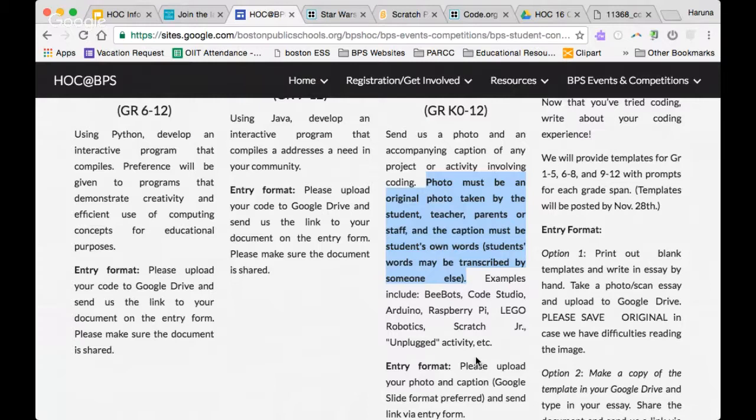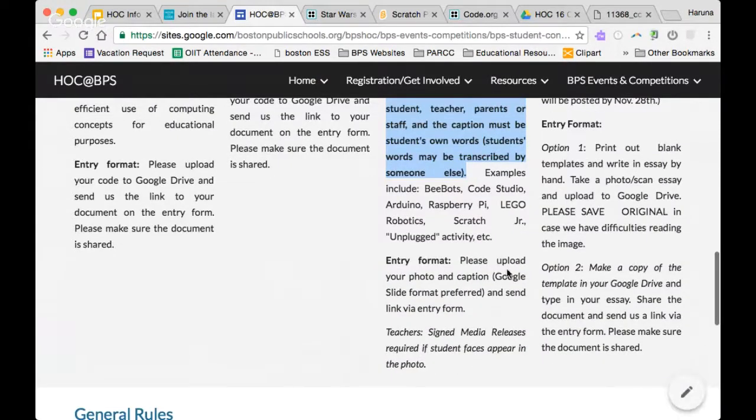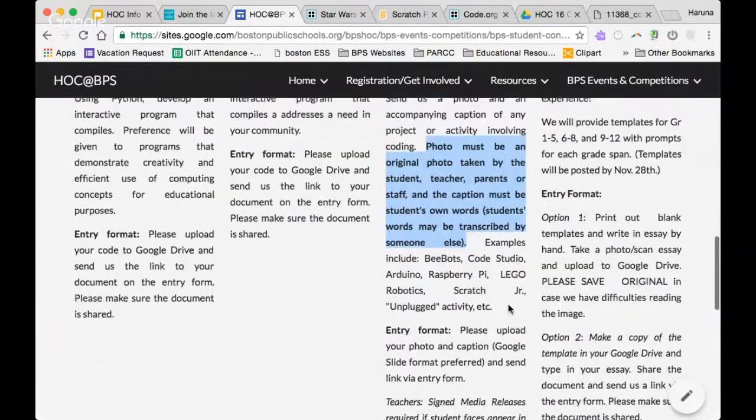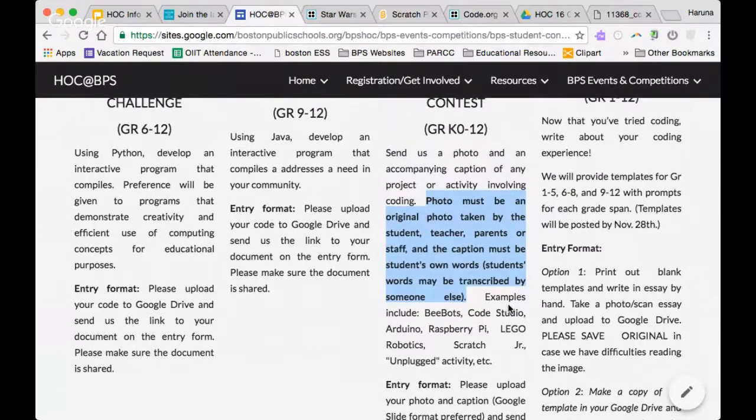The caption needs to be generated by the student, although teachers may transcribe it, especially for younger students if writing it down is an issue. Right. So again, that's an activity that anybody can participate in, and we have some instructions on how to enter the different formats we'll be accepting, and all of the entry forms will be live next week during the Hour of Code week, right on the site, and we'll have clear instructions at that time